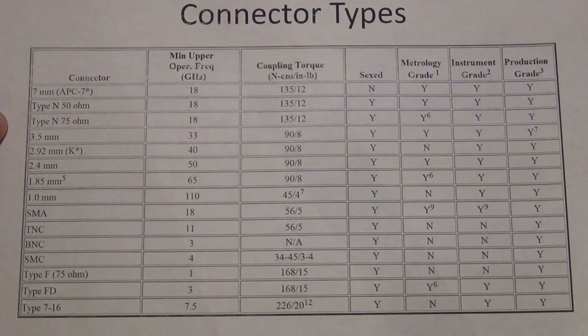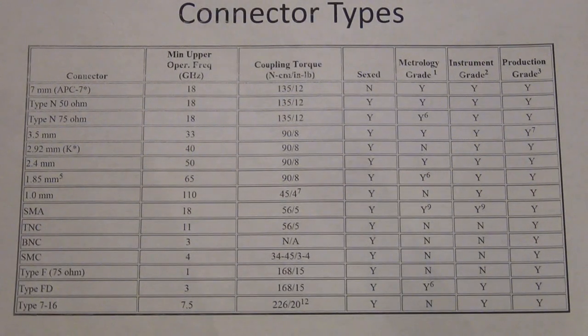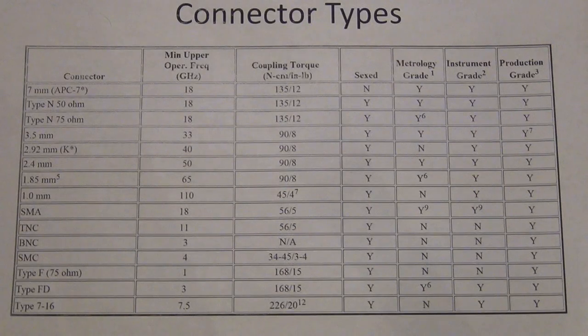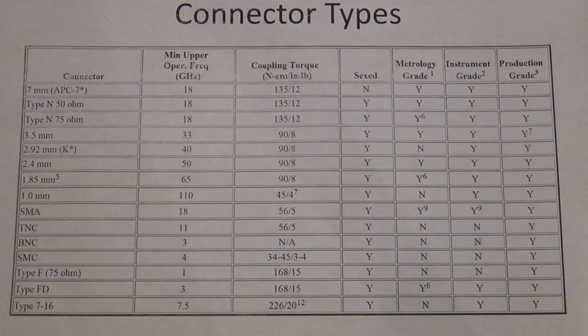Now, you have to be very careful here because of the nature of these connectors and because of the manufacturing reasons and compatibility reasons, you cannot connect any connector to any other. And if you try and they're not intended to be connected to each other, you can actually completely damage and break the connector. Now, 3.5 millimeter and 2.92 millimeter and SMA are thread compatible, meaning that if you have, for example,